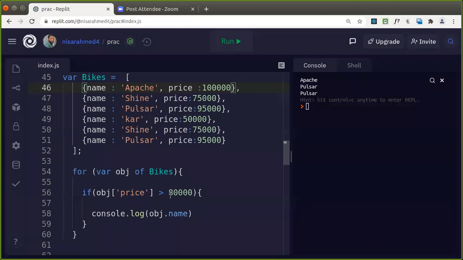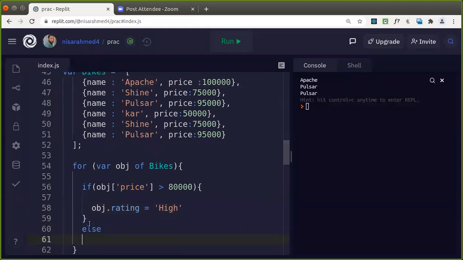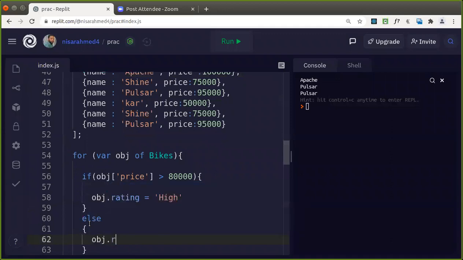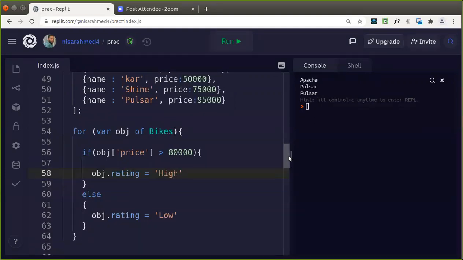So if the object price is greater than 80, let's create one: obj.rating equals, if it is more than 80,000, we are going to give it as high. Else, obj.rating equals low. So what would happen here? In this case, there is no field, no key called rating, so it would add it, isn't it? So once we have done that, updated it,